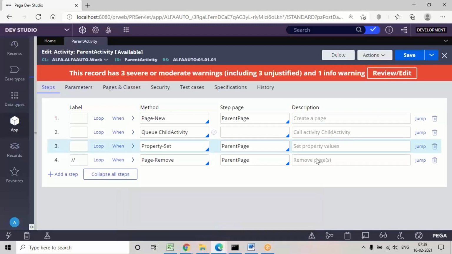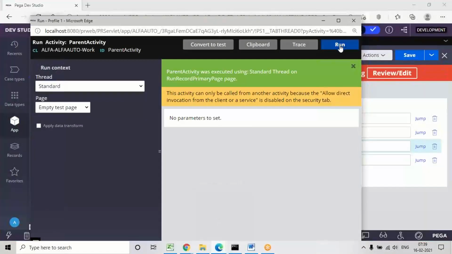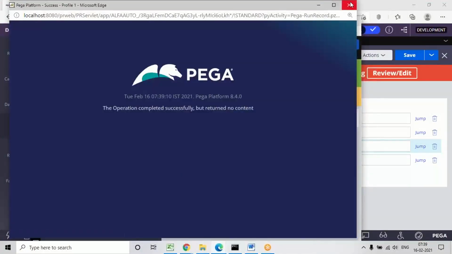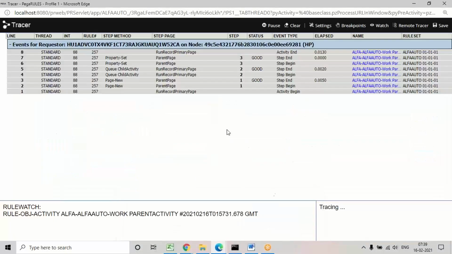Now check the logs. The tracer is already on, so run the widget. If you see the logs for the queue, it will start this page anew and the child activity, but it will not wait, and it will not show the complete logs for the child, because the child steps will be executed in the background while it proceeds with the parent activity steps. Without completing all the steps in the child, the parent proceeds with the remaining steps, so both are executed in parallel in the case of the queue instruction.